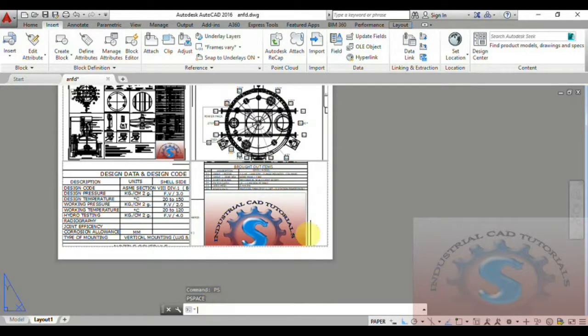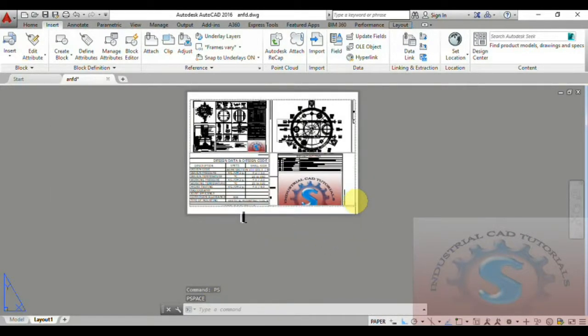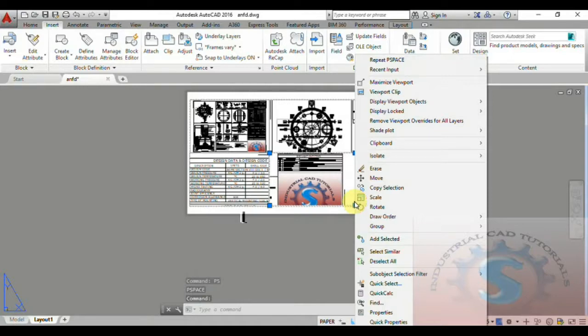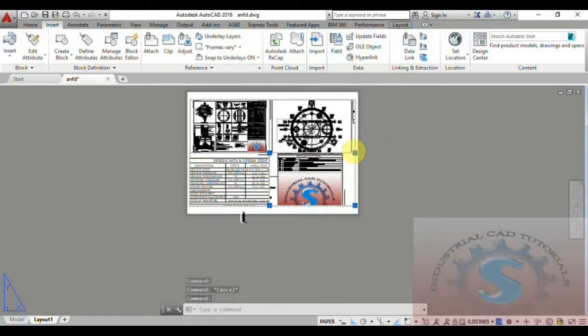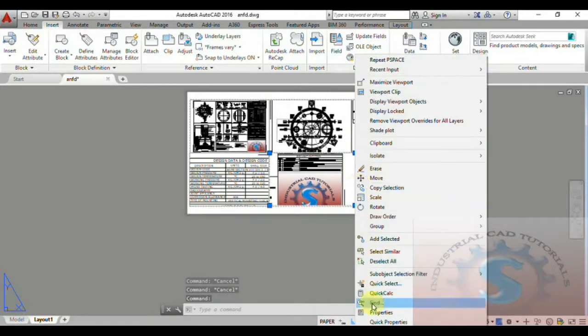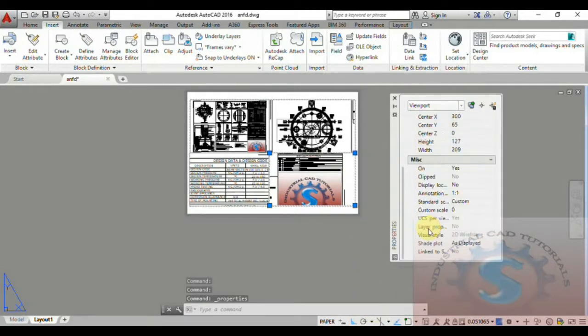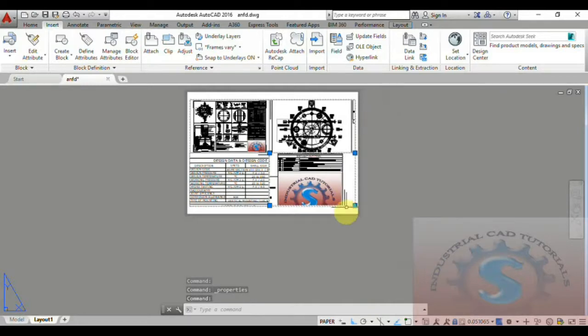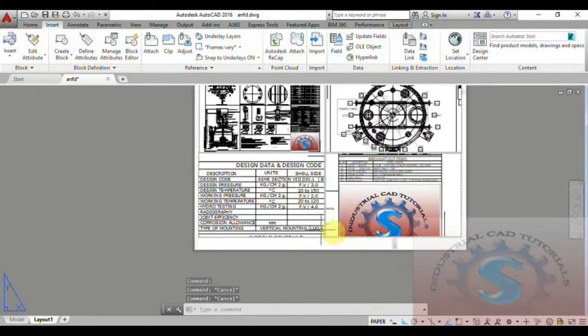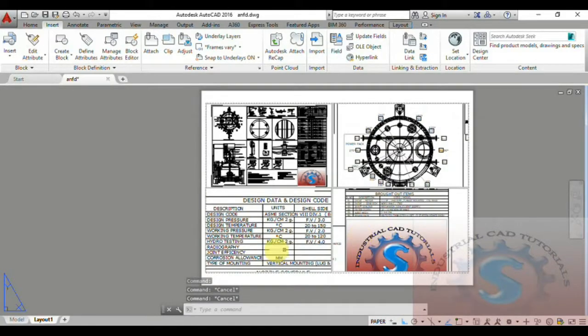After placing that, by using the MView command and pressing Enter, go into the properties, go into the miscellaneous properties, and select all of the objects, or also multiple objects. Also, you can go into the annotation and the display location, and the display is locked. See, all of the 4 displays are locked by using the miscellaneous properties and the page space and the